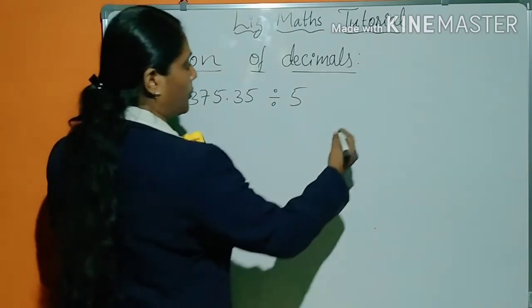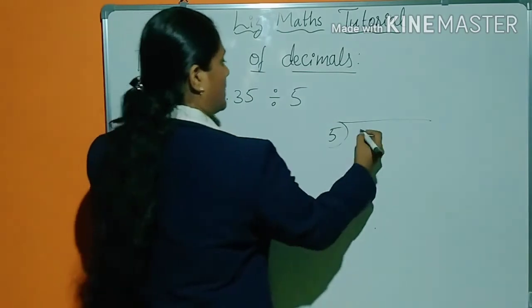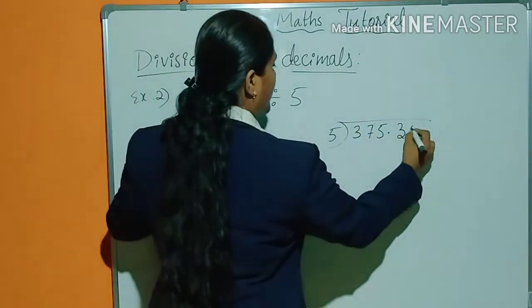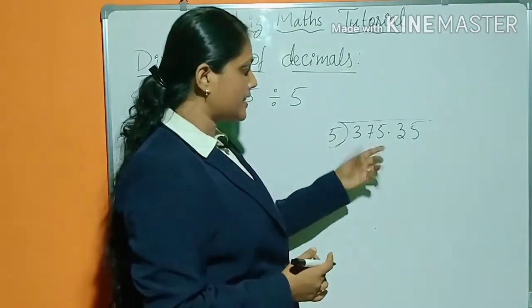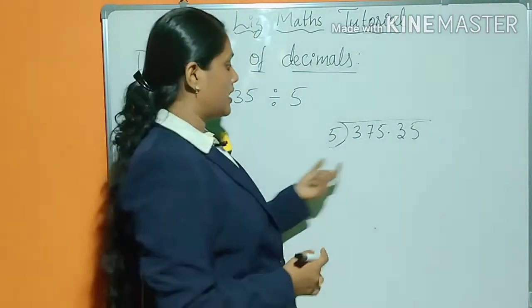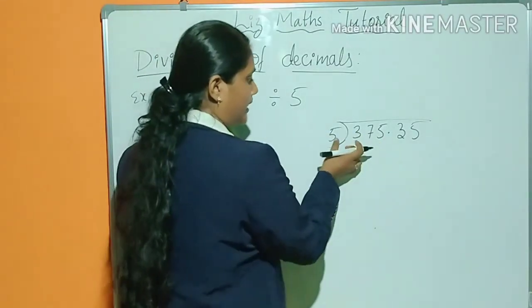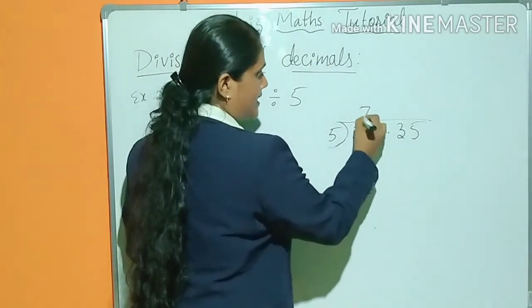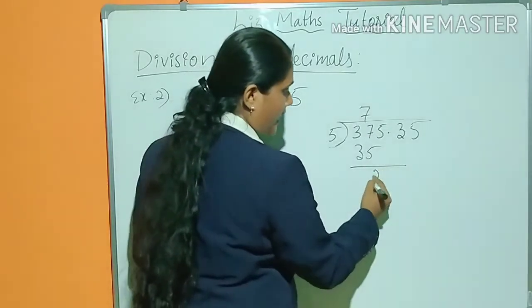So I'll tell you how it is. So here divide it with 5. With this number 375.35, go for the direct division. Here 5 how much are near to 37. See, first number it will not go. So you go for the second two number together. 5 7s are 35, isn't it? So next is remaining here 2.